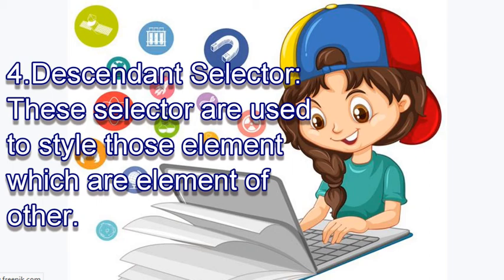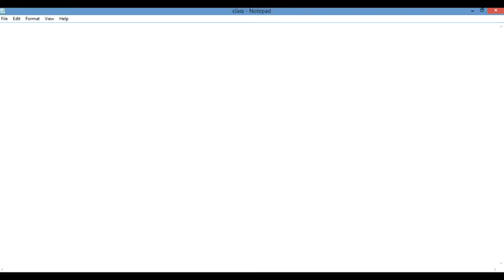We are going to use a descendant selector, so that we include the selector which is between the particular elements. Suppose I have defined a paragraph in which there is a particular element. So here I am taking the same thing: I am taking the ID also, I am taking the class also. After the class, you can see that in the CSS file I have written B.